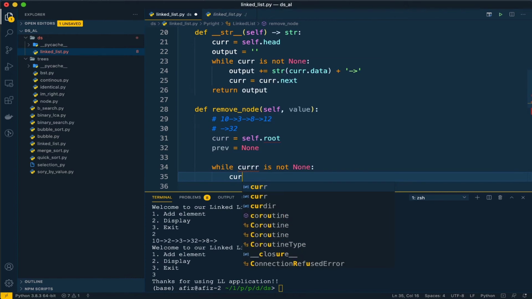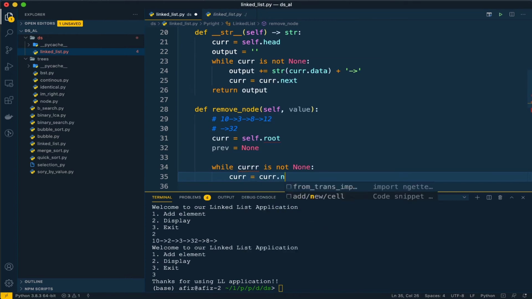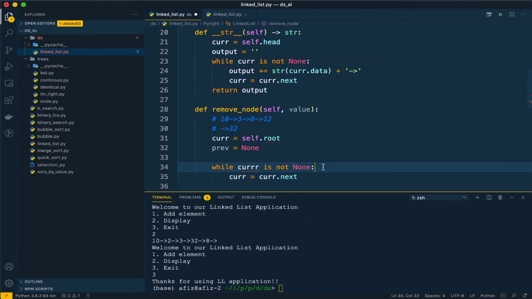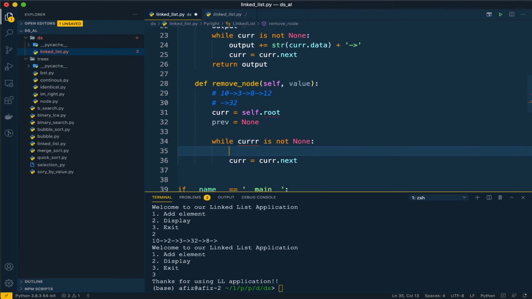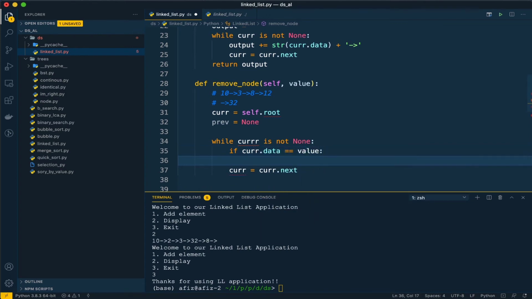Inside the loop we will do current is equal to current dot next. This is cool, right? And now let's check if current dot data is equal to the value that the user entered. If it is equal to value, we will implement that.